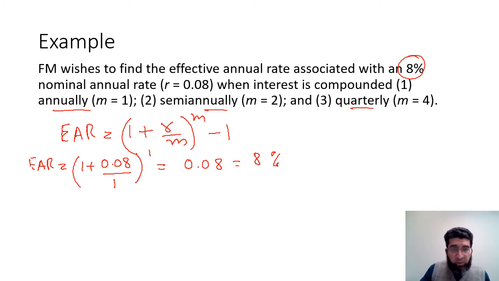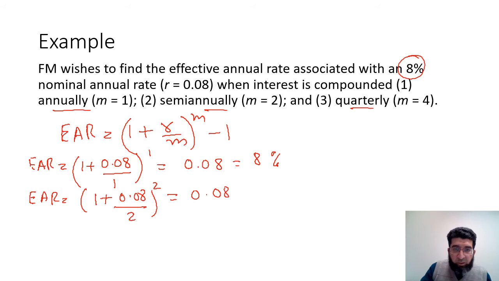So EAR and APR are the same when there is one compounding period. Now let's see semi-annual compounding. In semi-annual compounding, we have (1 + 0.08/2) raised to the power 2, minus 1, which equals 0.0816, that comes out to be 8.16%. So it's now increasing, and